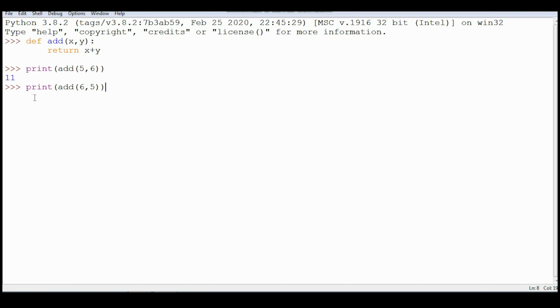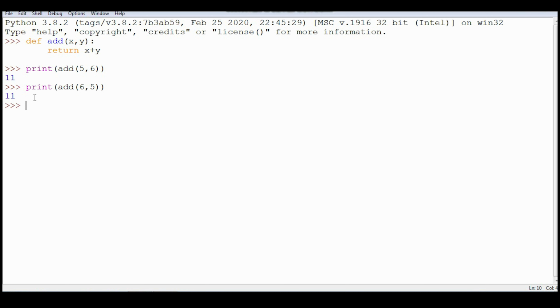The main thing I want to tell you is that here the position of the actual is important. Now 6 in this context corresponds with x and 5 corresponds with y, whereas in the previous call, 5 corresponded with x and 6 with y.